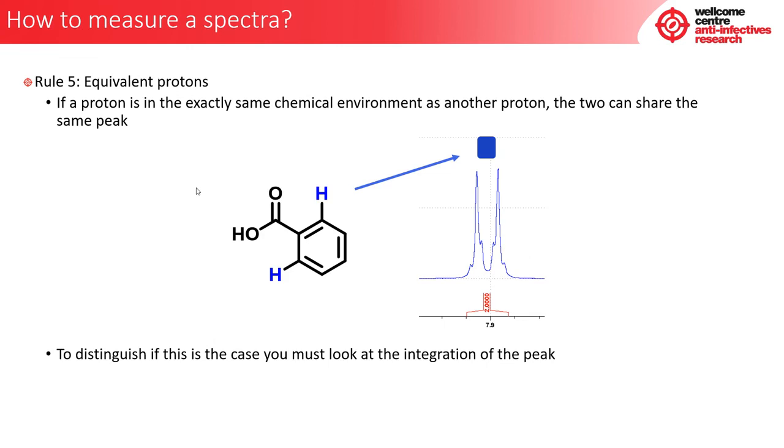So the next rule, another major and most important one, is equivalent protons. So far we've gone through our spectra, we've looked at all the different regions in the spectra, and we've looked at how our peaks split, 2, 3, 4 peaks for instance. We've then taken a look at exchangeable protons, these polar atoms that we see in quite an awful lot of drug molecules. And then we started to talk about solvents. And now what we start to look at is the equivalent protons,